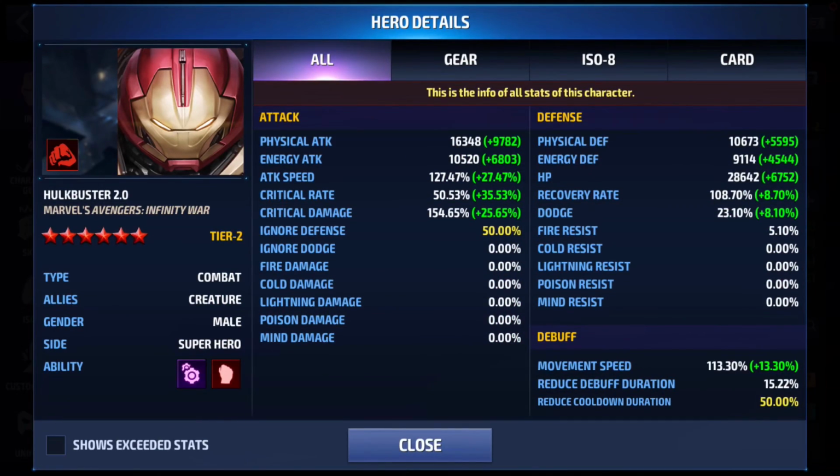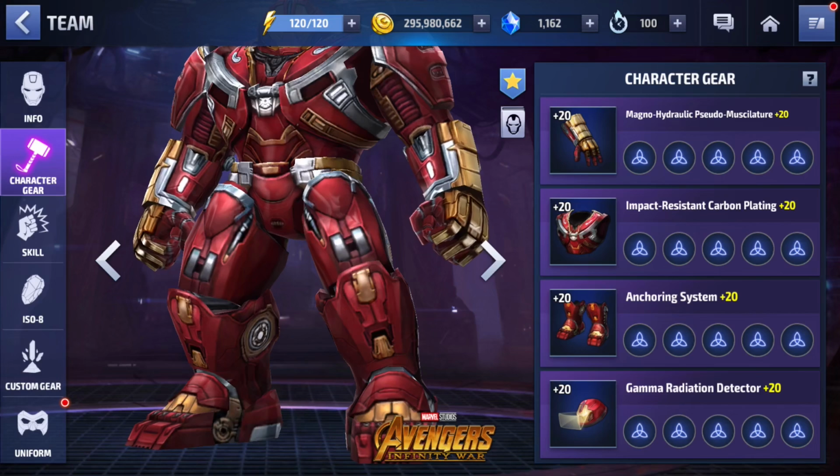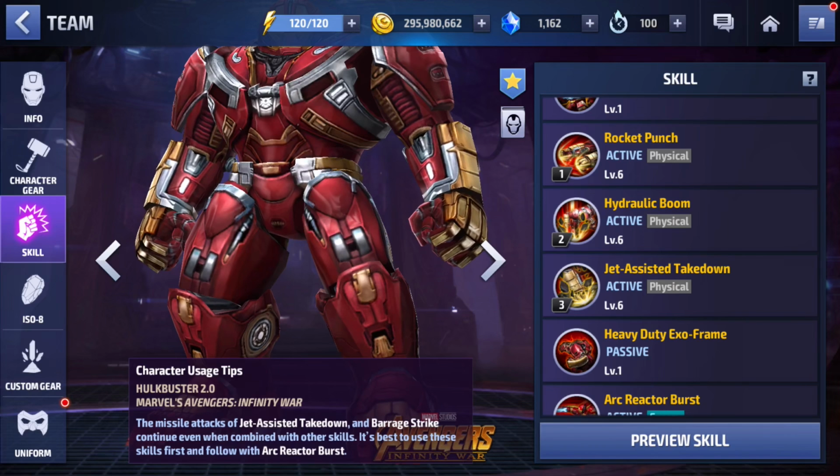This is what his overall stats look like. 127 for attack speed, 50% for critical rate, 154 for critical damage, 50% for ignore defense, and 50% for reduced cooldown duration. As for his gears, you can see I still have no Urus on him just yet, and the skills are all at 6. Rotation was just 5, 4, 3, then 2 and 1 whenever I felt like it,